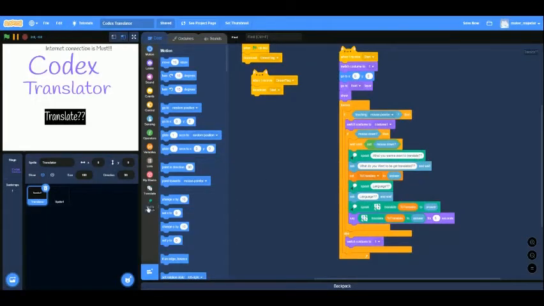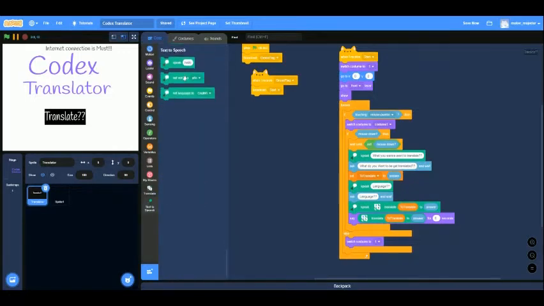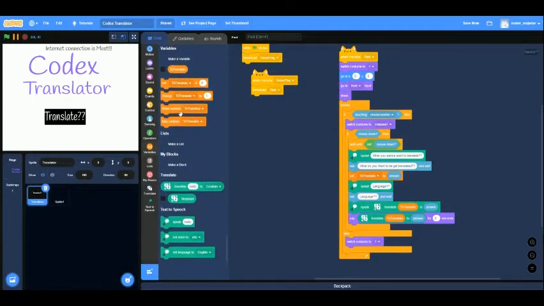I have also used text to speech recognition here. Here you can click on add extensions for translate and text to speech. Then when you speak what you want to translate, ask what do you want to get translated and wait. Then set to translate to answer. Make a variable from here, make it hide.